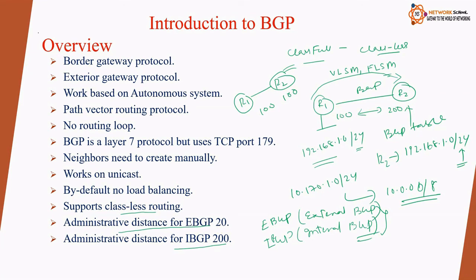So what is administrative distance? You have studied it in basic CCNA. This is trustworthiness. A router will make the forwarding decision based on the lowest AD value. So if we have two routes reaching a single destination, one from eBGP and another from iBGP, BGP will always take the path with the lesser AD value. In my case, eBGP is 20, so the lesser AD value will always be preferred over the higher.